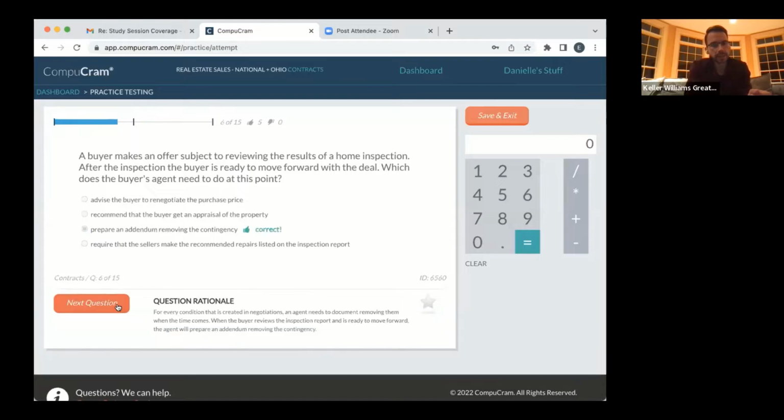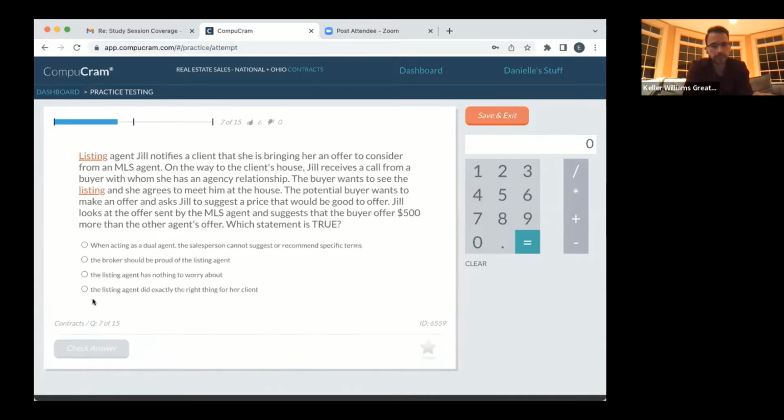I see a lot, I see AC, and that is correct. Prepare an addendum removing the contingency. That form, just so you know, is called a removal of contingency. Pretty simple. Next one, listing agent Jill notifies a client that she is bringing her an offer to consider from